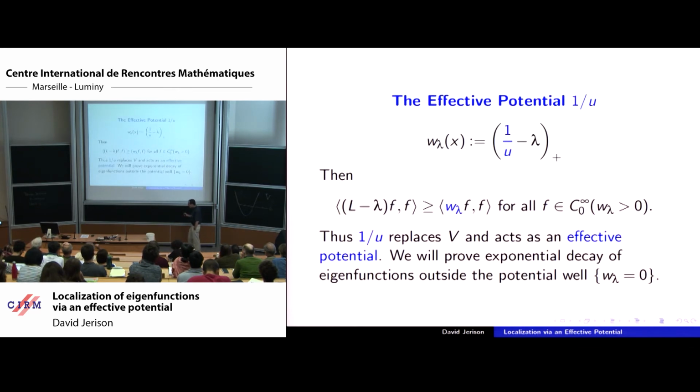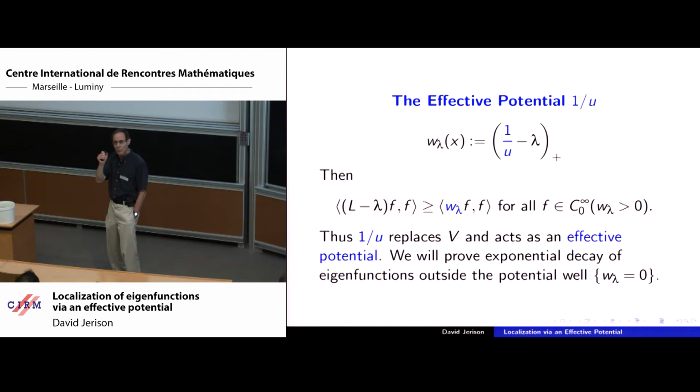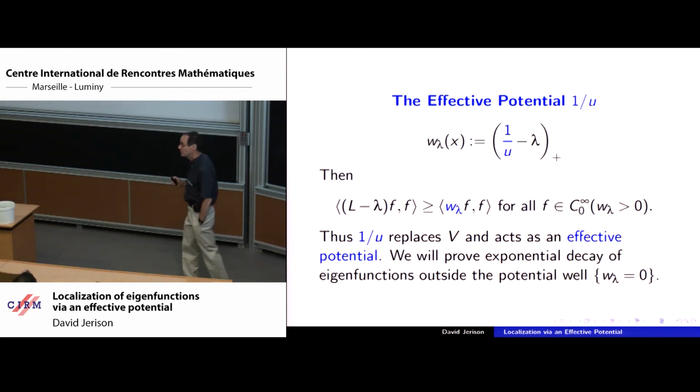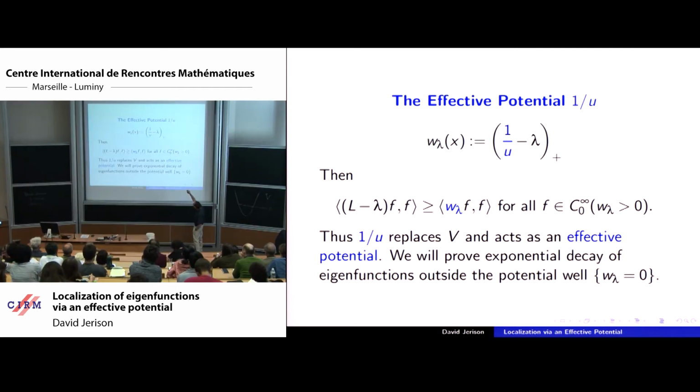Okay, so now we really know that we have what we're going to call the effective potential. We have this thing which plays the same role as V, and we know that it satisfies the right form bound on the nose with the lambda. So we have every hope that we'll be able to prove the same thing that Agmon did. All right, so I guess I said that here. We're expecting, and we will prove, some kind of exponential decay.